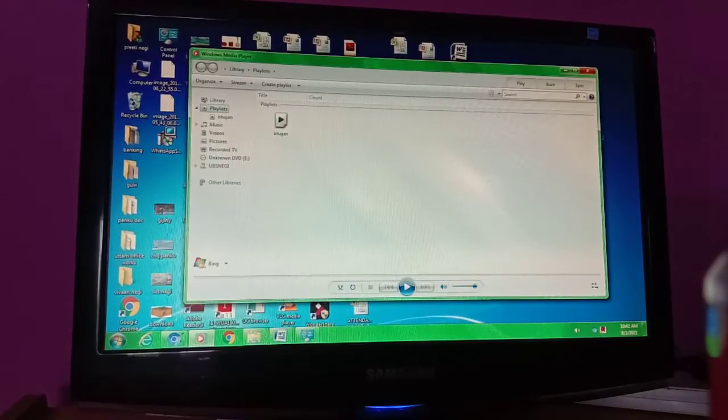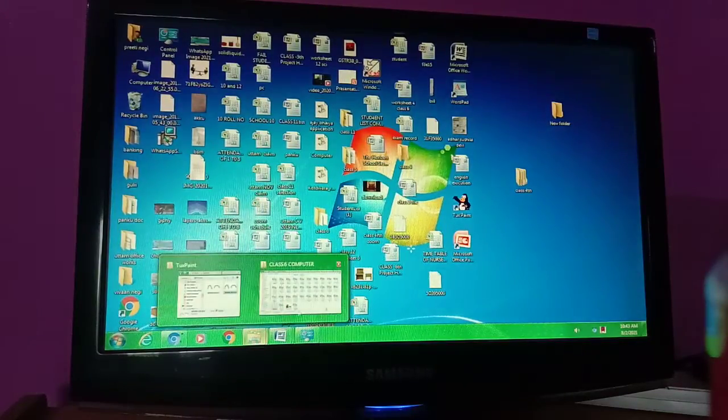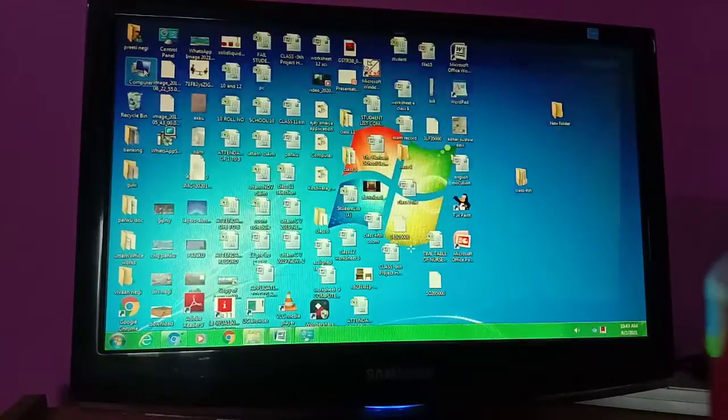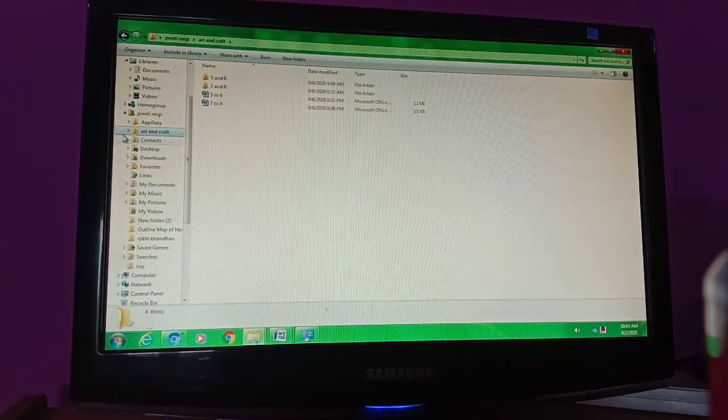Now next is your Windows Explorer. Let's see Windows Explorer. Whenever you open any folder or open Computer, this is your Explorer window. The Explorer window is divided into two parts. One part locates all the drives, and the other is the area where the contents are shown. When you click on, for example, Art and Craft, all the data of Art and Craft will be displayed.